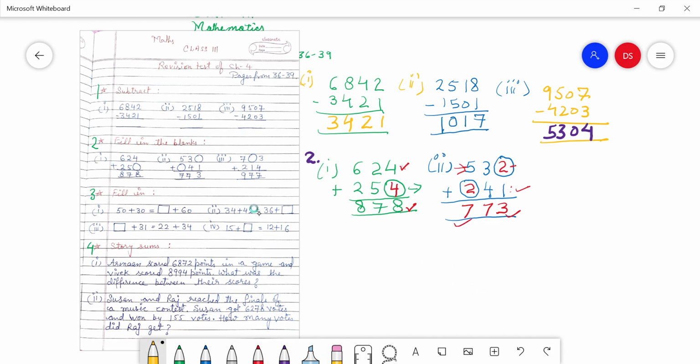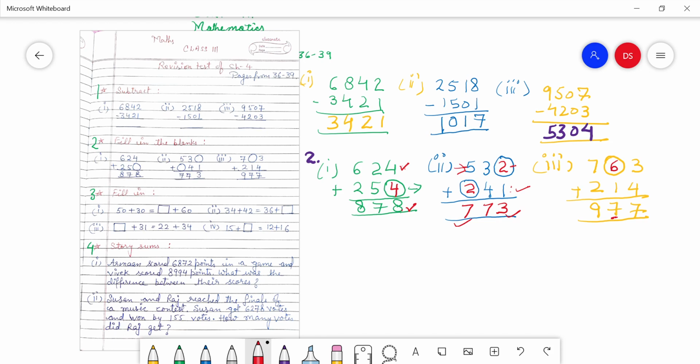Now we will do the third part. 7, 1 blank is there, then 3214. Plus operator. Then the answer is 977. Children, you can do 3 plus 4, 7. And here the answer is 7 and the second number is 1. So what will we add to 1 to get 7? 6. 6 plus 1, 7. 7 plus 2, 9. It's very simple.